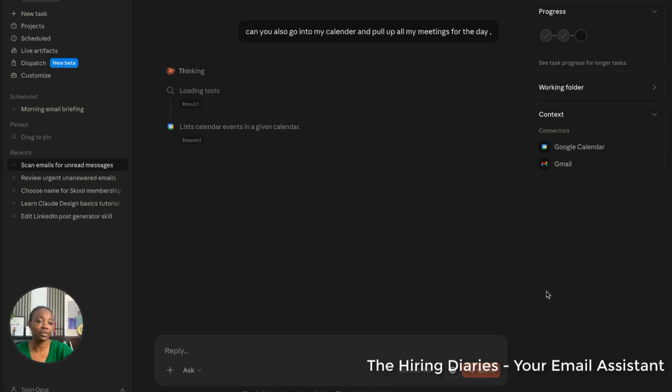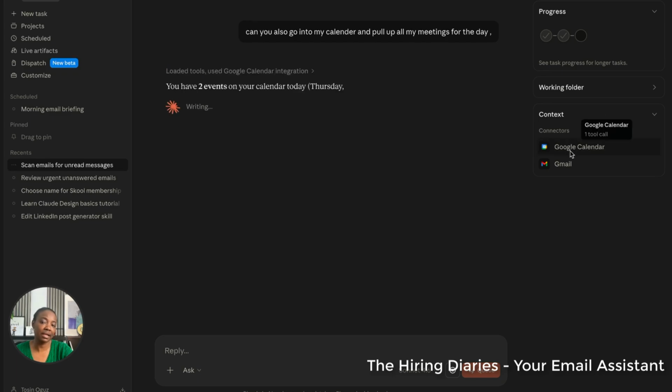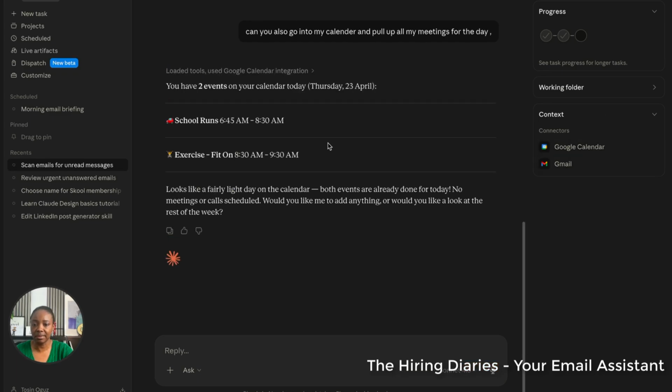So whilst we wait for that, you can see here the context is looking at the connectors. There are 2 events in my calendar. It says it looks like a fairly light day on the calendar, which is amazing. I can at this point say,